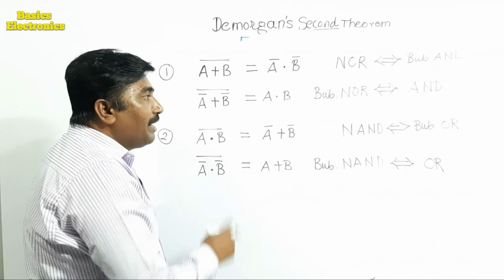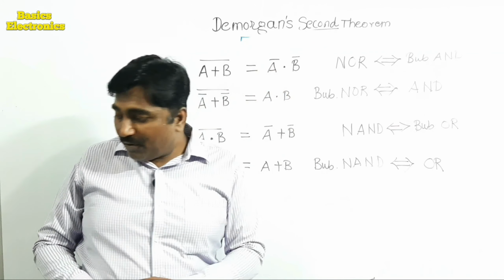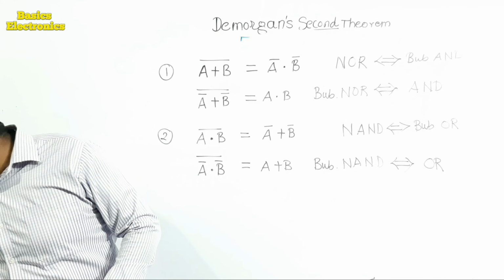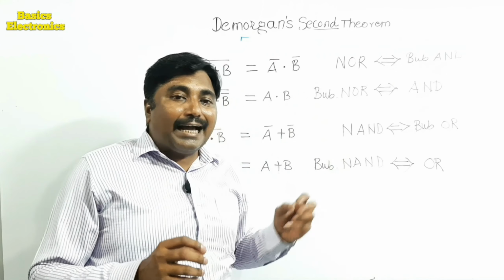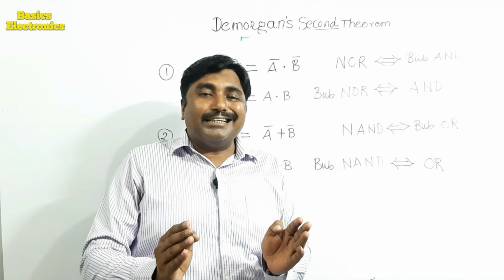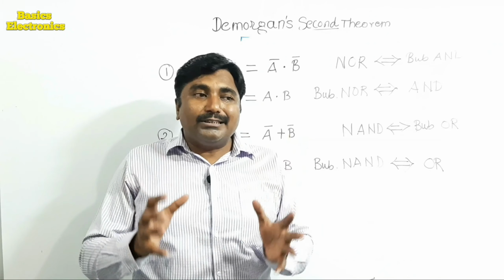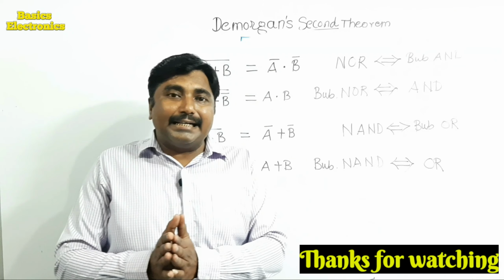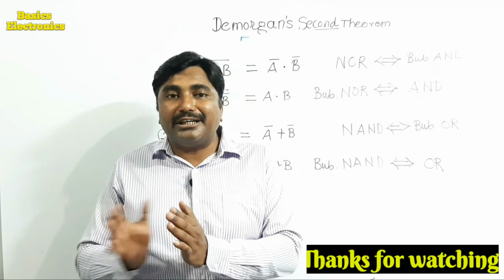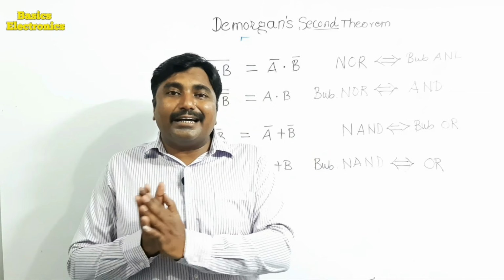Okay, so we have four equivalencies, and these De Morgan's theorems or equivalencies make it easy while drawing the diagram, as well as reduce the hardware. Next time we will see the NAND gate and the NOR gate as universal logic gates.